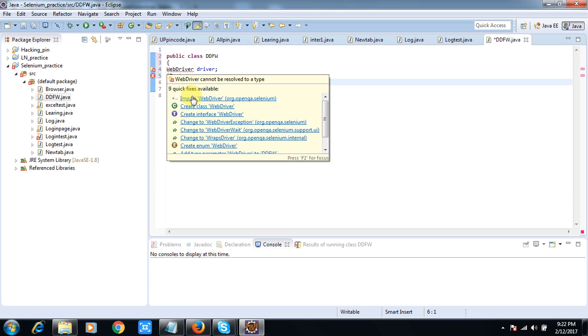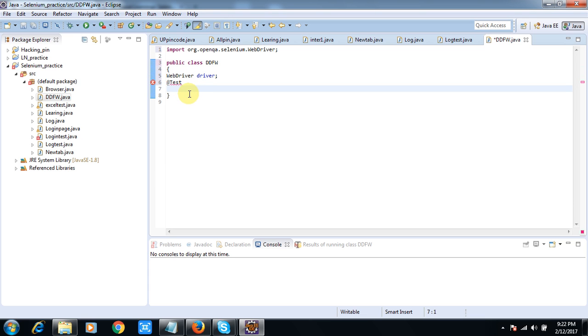Then I will create a public void f method, and this method will simply open the browser. You have to import the TestNG annotation also.